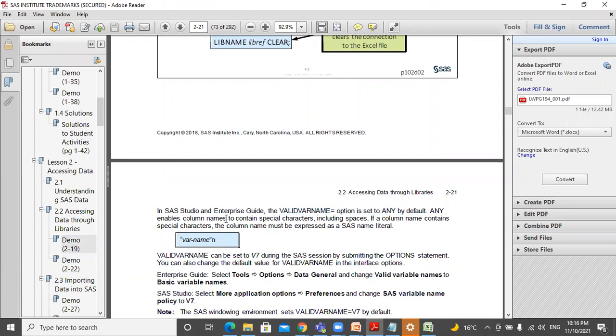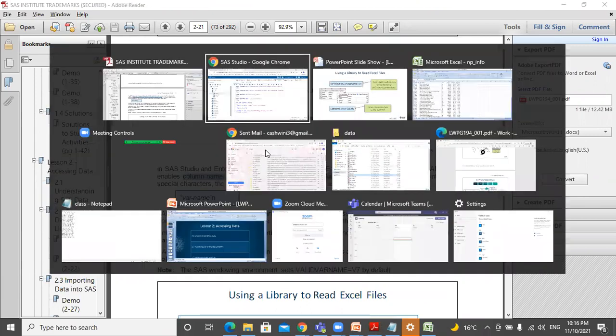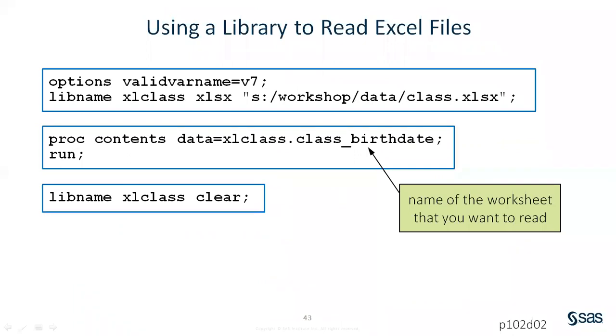ANY enables column names to contain special characters, including spaces. I hope now you have understood. Yes? Yeah. So that's why it was valid there. Okay. So the same thing again.